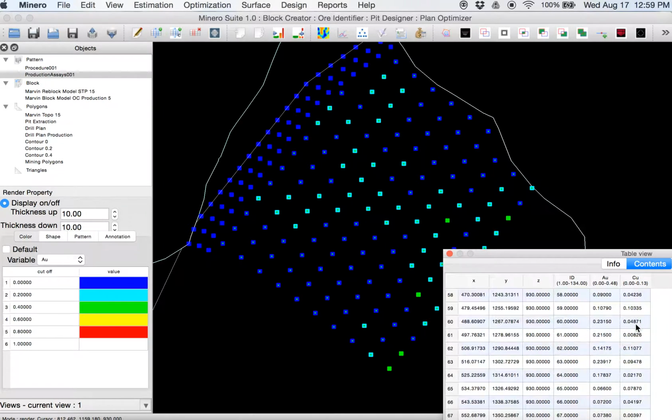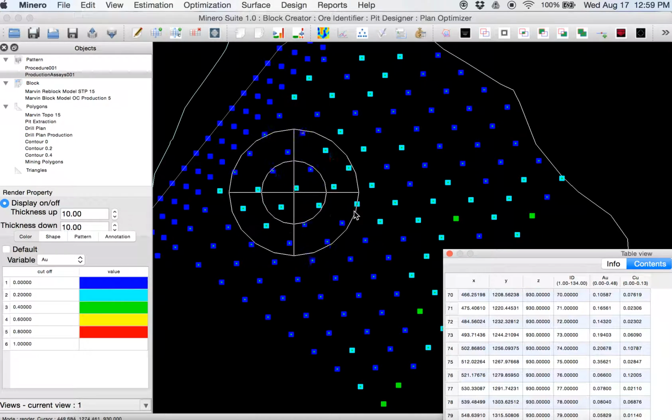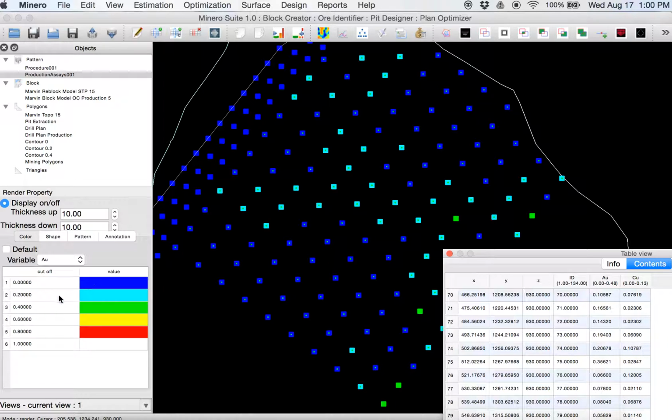The colors, these values are actually in render property colored properly, and the cutoffs we defined here from 0 to 0.2 is blue, from 0.2 to 0.4 is cyan, 0.4 to 0.6 green, and so on.